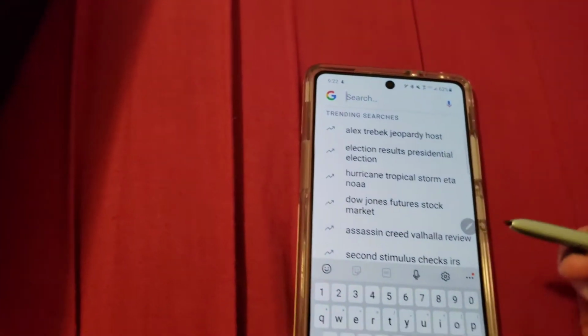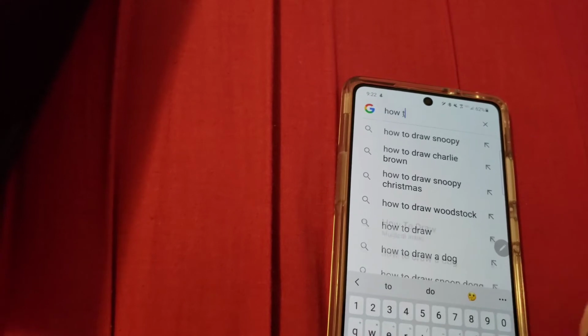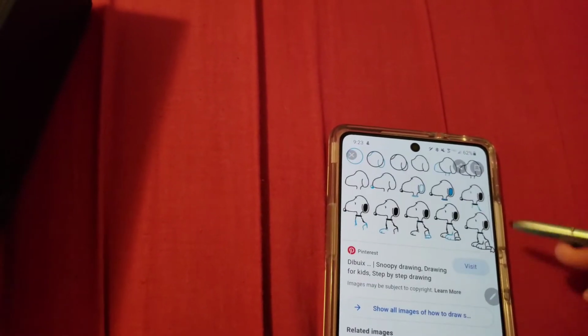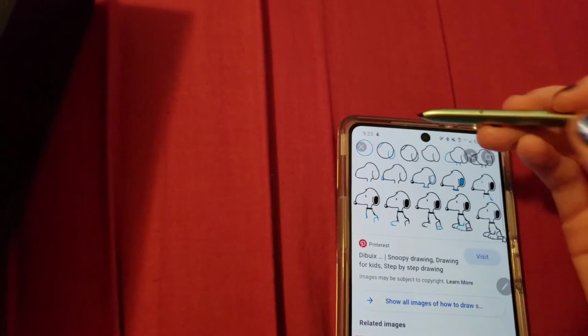My phone cut off for a second. Okay, so I'm going to type in how to draw Snoopy. Photo right here. Gonna go right here, and then hit Smart Select, and I'm going to just highlight all that, and then I'm going to hit Pin to Screen,